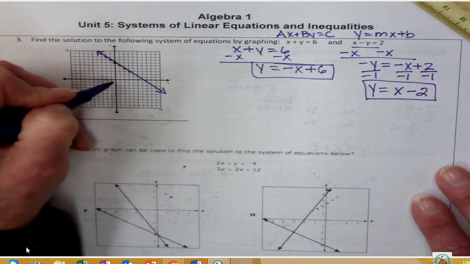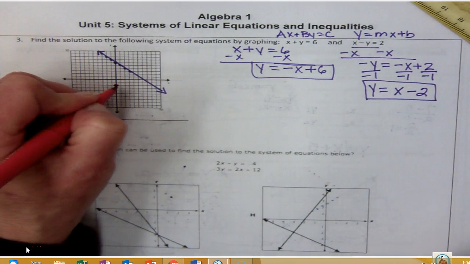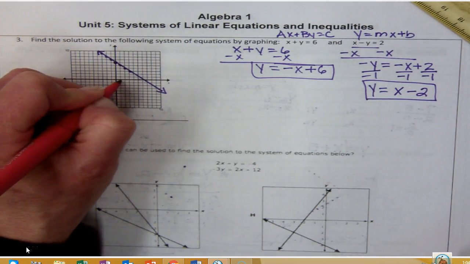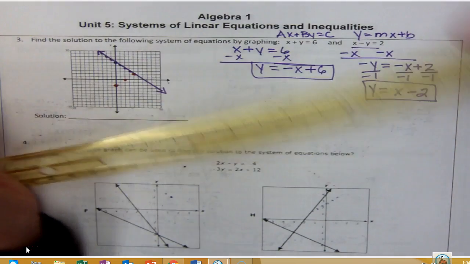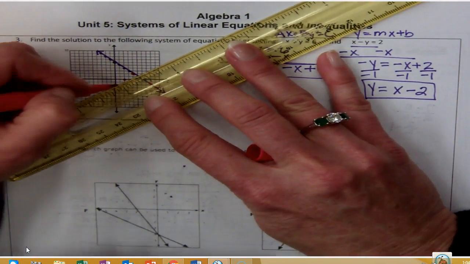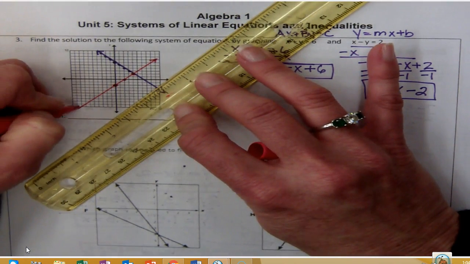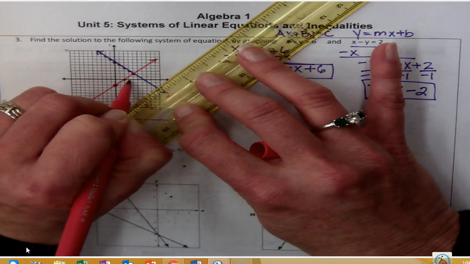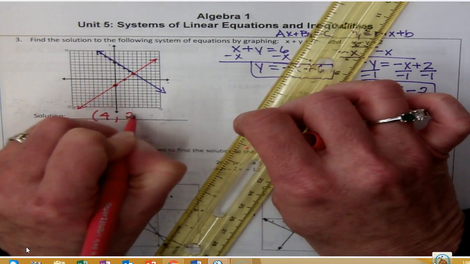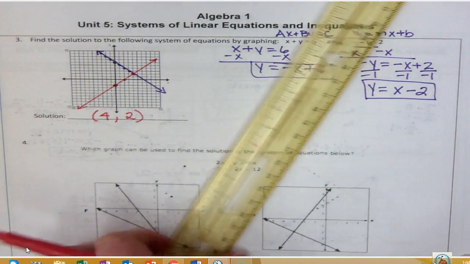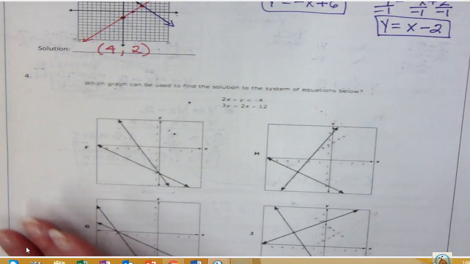To graph that, I'm going to go down to negative 2, and my slope now is positive, up 1 over 1, up 1 over 1, up 1 over 1. And I see that they intersect at this point right here, which is 1, 2, 3, 4, positive 4, and positive 2. Okay, now moving down